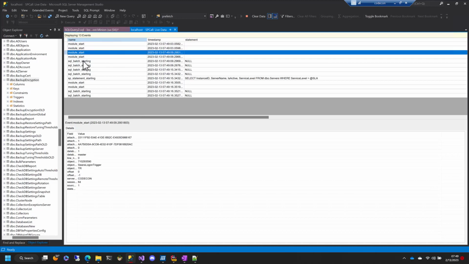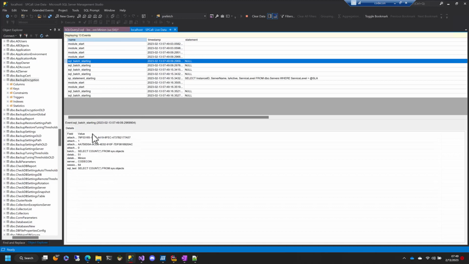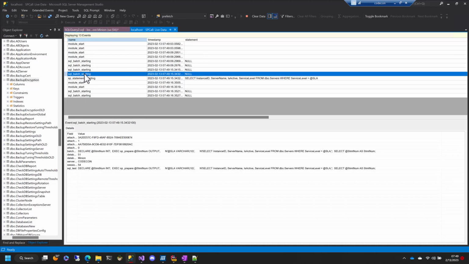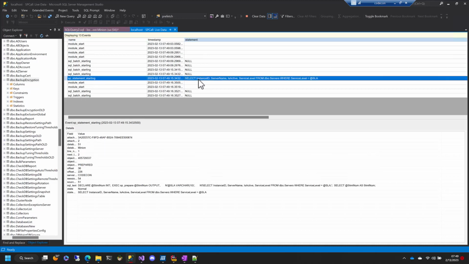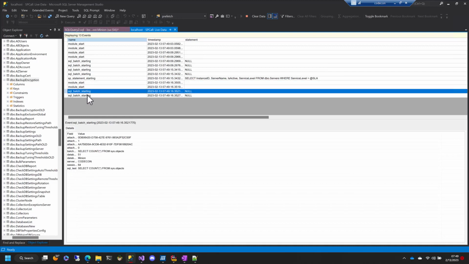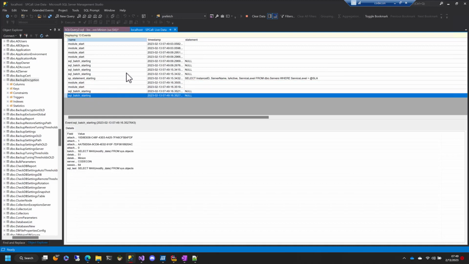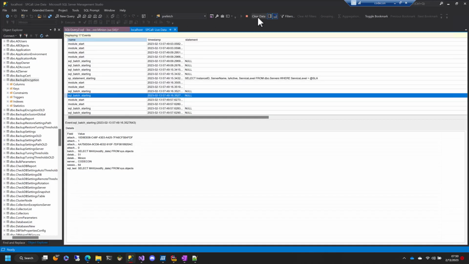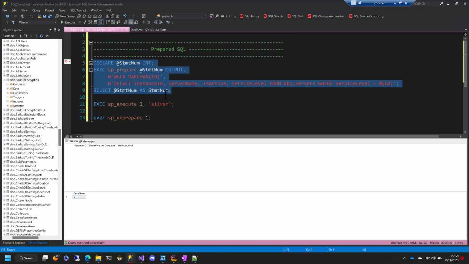Most of this is null. Batch starting. This is all just that normal stuff you get every single time, right? Collecting, getting my SPID, all of that stuff. This is where you can see I'm setting that SQL text equal to that. This is not the interesting part, and there's just that close down stuff. Now I'm going to clear my data, and now when I run this,